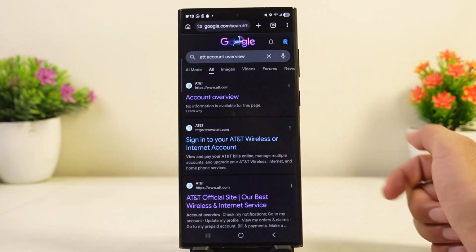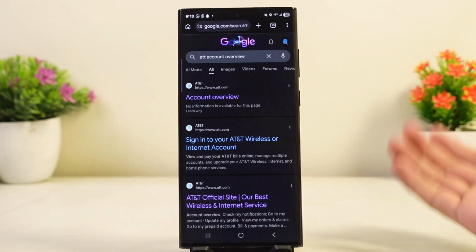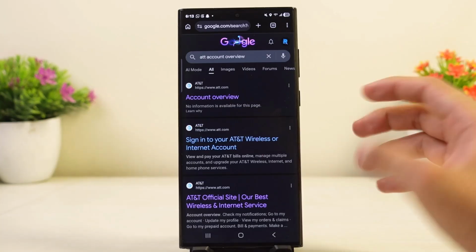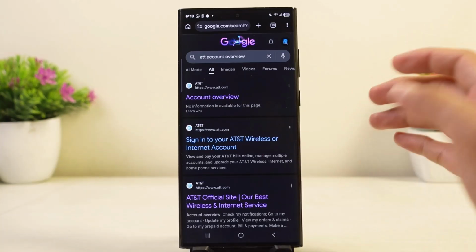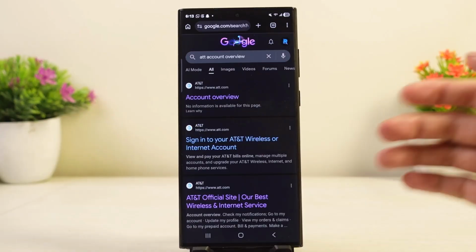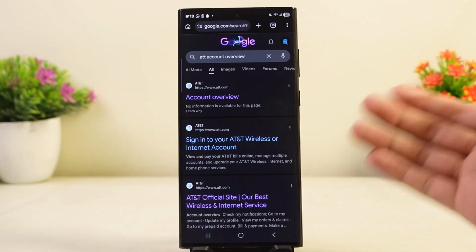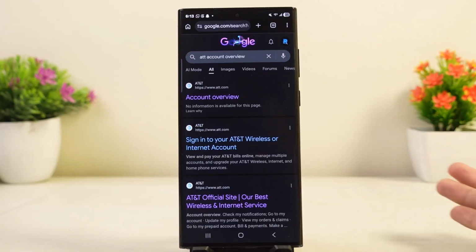Once you find the official site, go ahead and log into your account. Then navigate to the wireless add-ons, choose the cloud and storage, and select the AT&T Personal Cloud. Now you simply have to pick your preferred storage size limit and tap the Add to Device to confirm the